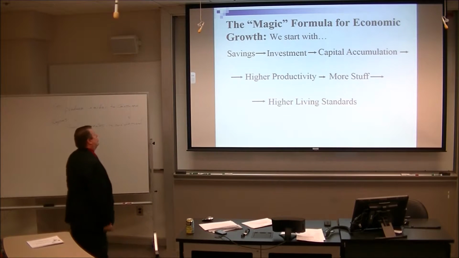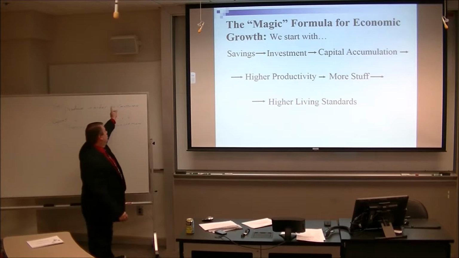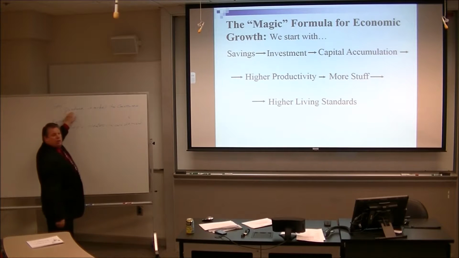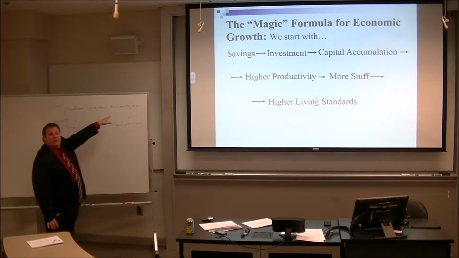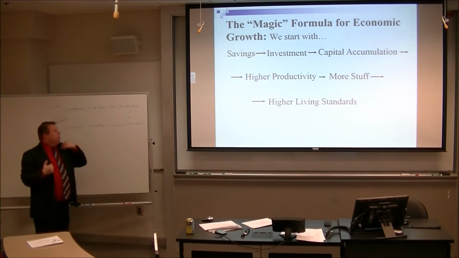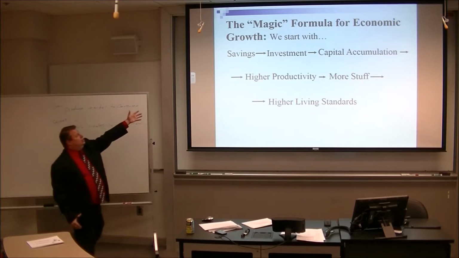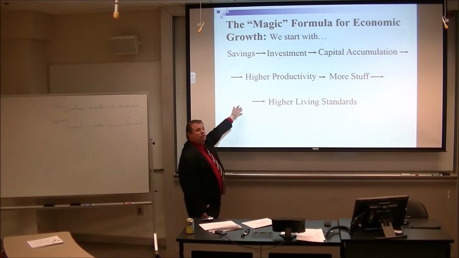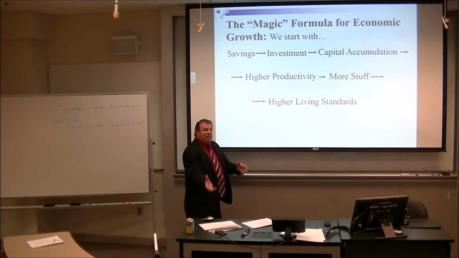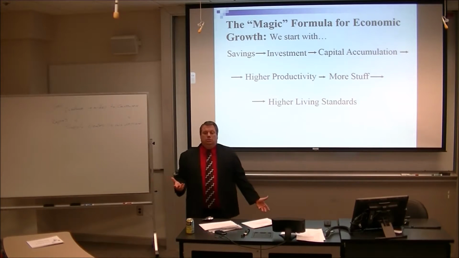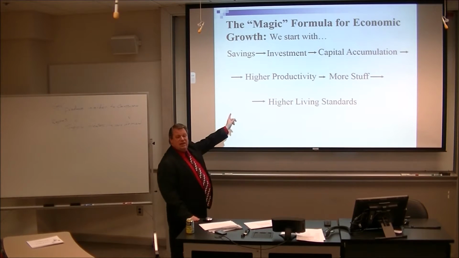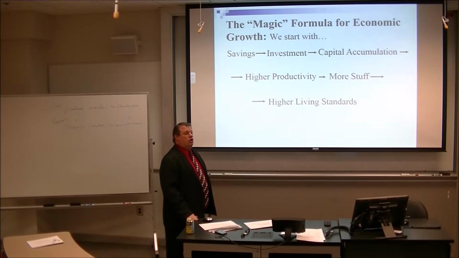So, anyway, Say's law. We produce in order to consume. What's at the end? Why? Consumption is at the end, right? Where do we start? We have to first produce something before we can take from the general output of society. I have to serve others before I can consume, right? And so here's the magic formula. Where's consumption here in the magic formula? It's the end, right? That's their goal, is consumption. But how do we do that? We need to have savings. Now, what is savings? Savings is deferred consumption.